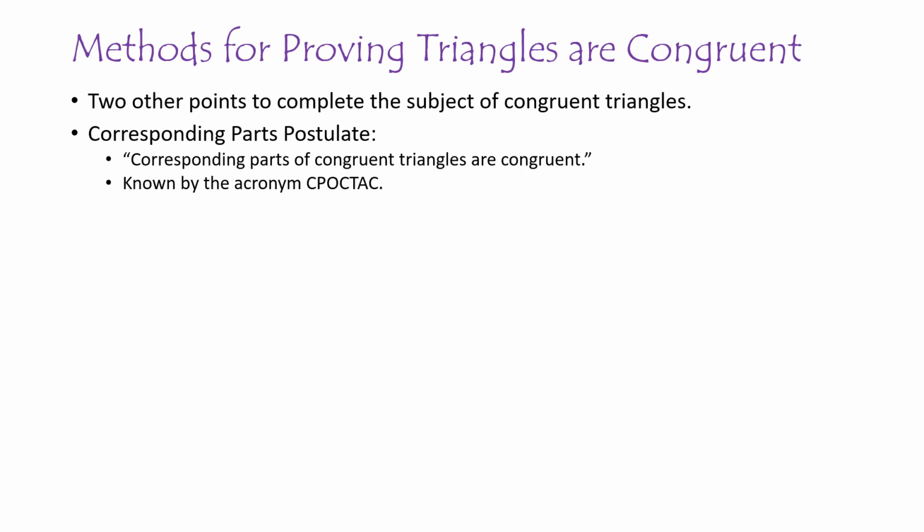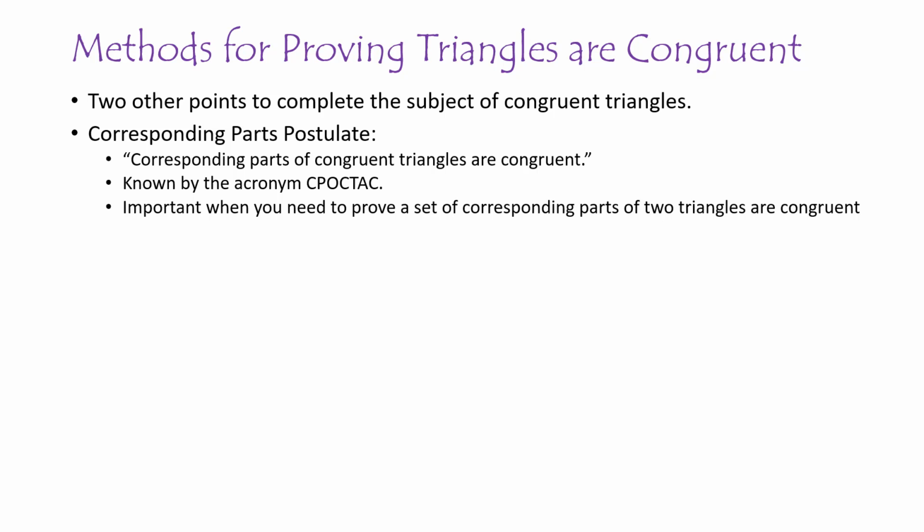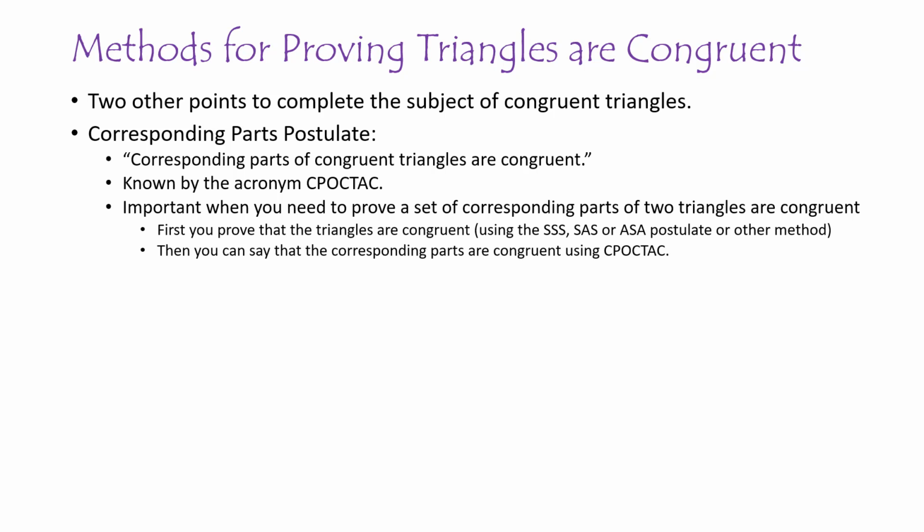And the way you use this, the reason you use this, is when you need to prove that some set of corresponding parts are congruent, like does the side of one triangle is it congruent with the side of another triangle? Or is one of the angles of a triangle congruent with that corresponding angle of another triangle? If you need to prove that, then what you do first is you prove that the triangles are congruent using one of these postulates or other methods for proving the triangles are congruent, and then you simply say CPCTC, and